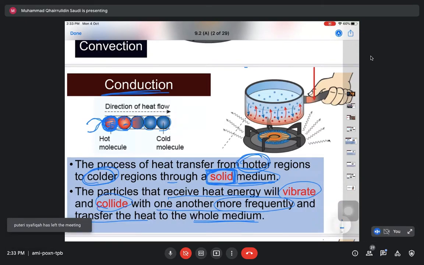So, everything that transfers heat through a solid medium, the heat is transferred through the conduction method. So, heat tu daripada kawasan yang panas akan pergi ke kawasan yang lebih sejuk. Good. Next one